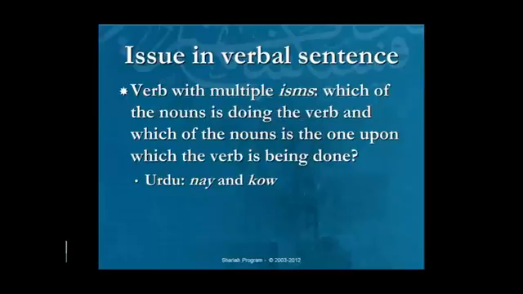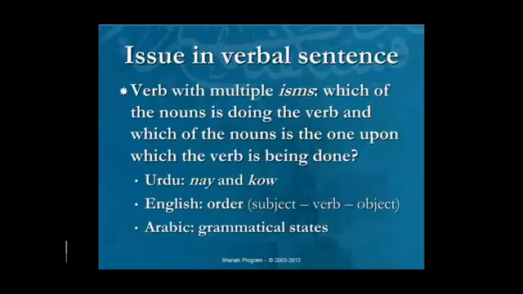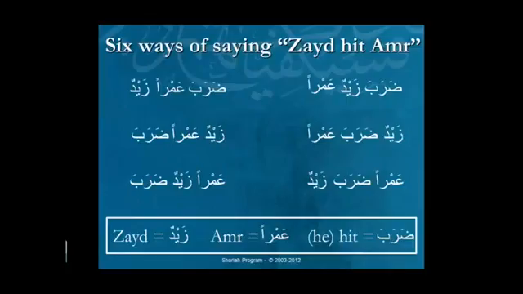So what is ne, what is ko? These are extra words. Urdu does it through extra words. English does it through the order. The noun that's at the very front needs to be the subject, and then we have the verb in the middle and the object at the end. So every language has this method. The method that the Arab people have developed in order to distinguish between their grammatical meanings is the most superior method, because number 1, it does not rely on extra words, and number 2, sequence remains flexible. And you're going to see this on the next slide.